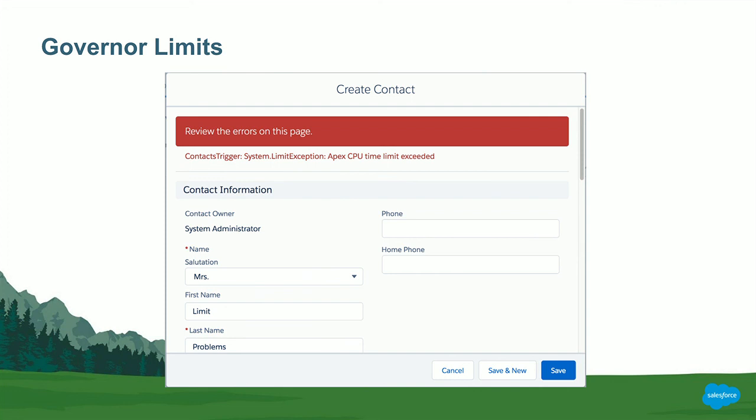Governor limits are there. They can be a pain in the neck, but they're just a vital part of this platform. The good thing about Salesforce, and Force.com specifically, is that it's very democratic. So hobby developers who've been throwing together applications up in their bedroom have applications that are competing for exactly